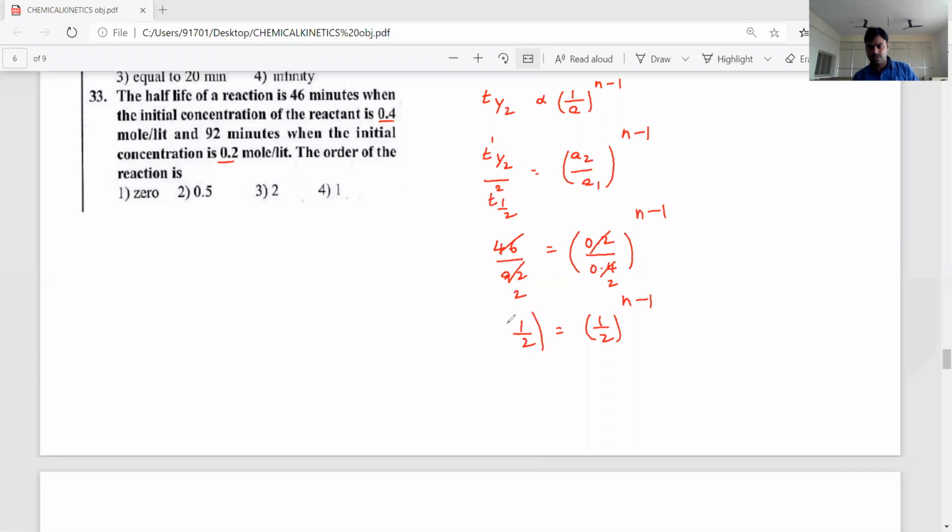See, 1 by 2, sorry, 1 by 2 whole power 1 is equal to 1 by 2 whole to the power of n minus 1. From this, n minus 1 is equal to 1, then n is equal to 1 plus 1, equal to 2, means second order reaction. So therefore the order of the reaction is